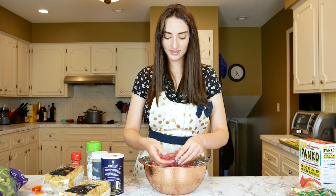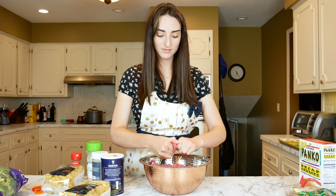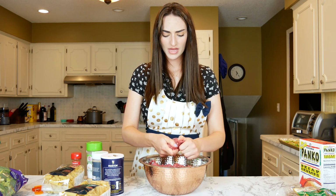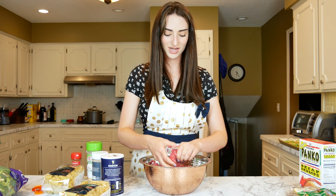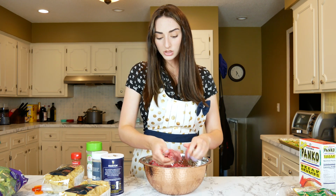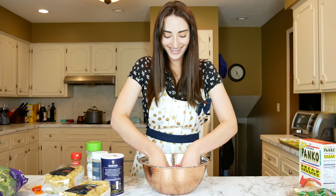The problem is that we don't have very many places in Nebraska where we can get not frozen meat. There are a few, so it's not to say that they don't exist, but it's just easier to make one grocery trip than it is to make 3 or 4 so we can get all the things that we need. And so I prefer to just get the frozen meat. Also, getting frozen meat is nice because it means that you don't have to worry about it going bad or having to throw it in the freezer. It's already in the freezer. There's good and bad to it all, right? But